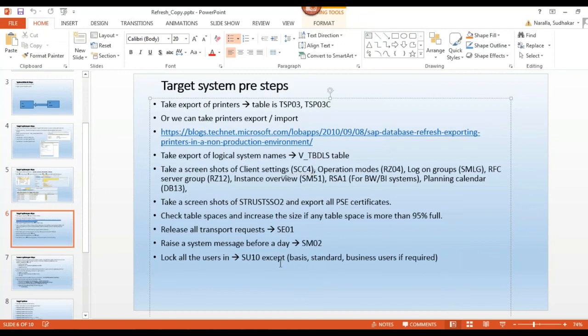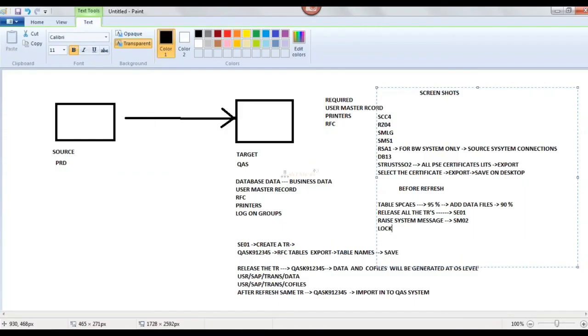And lock all the users except basis users, standard users, and any business specific users if required. If required means if the client has mentioned any business specific users, then only. How can I lock the users?